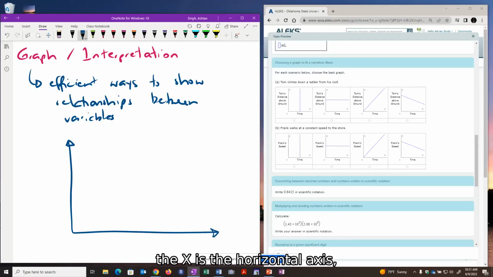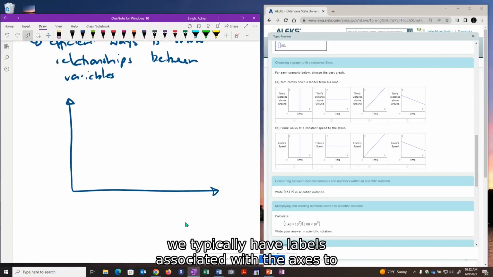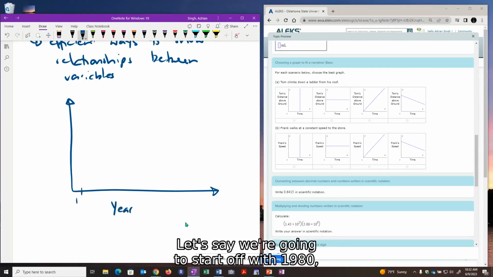The x is the horizontal axis, the y is the vertical axis. On the x-axis here, we typically have labels associated with the axes to show what it is that we're actually plotting. So here we're going to have year, and let's say we're going to start off with 1980,